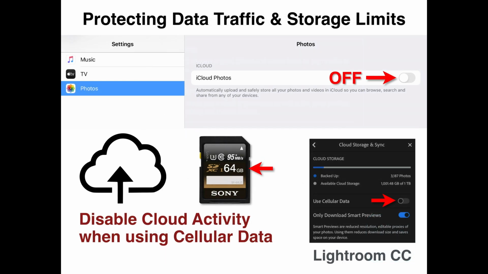So one of the things that if you are taking your mobile device out on the road with your cameras and you're wanting to add images to that mobile device, maybe you're using a 64 gigabyte SD card, you are going to have to be careful not to exceed the storage capacity of your mobile device, and also compromise the data transfer. Now some of you may be on data transfer limits, and some of you might have slow cellular